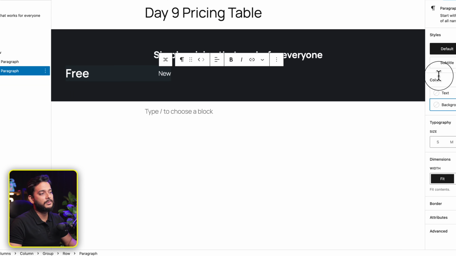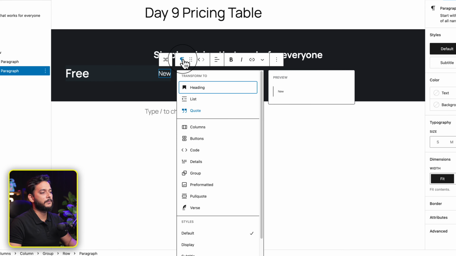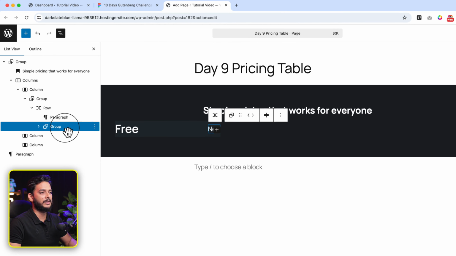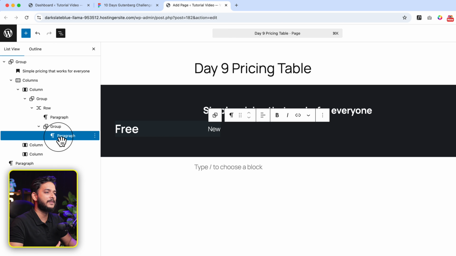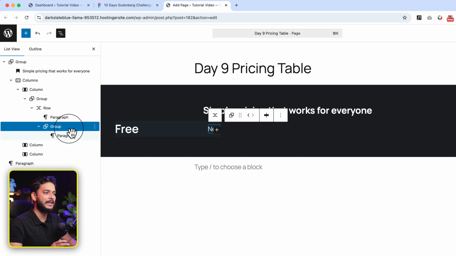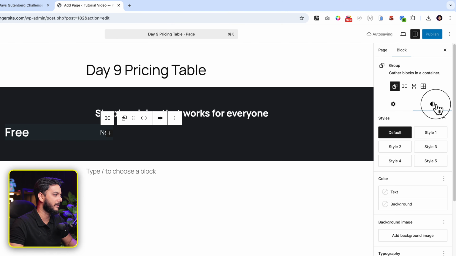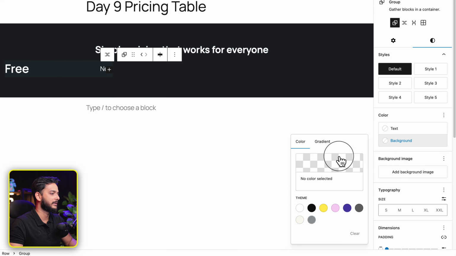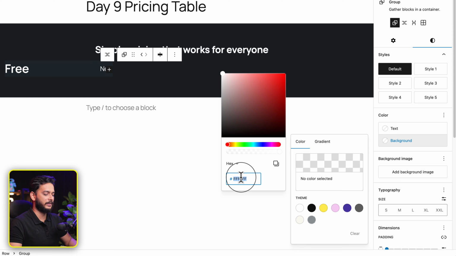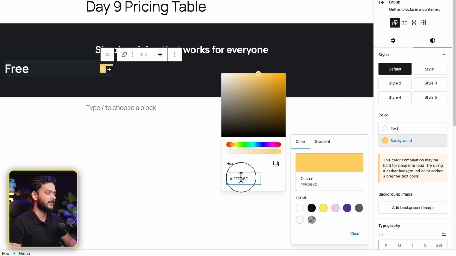So what we can do, we can simply convert this paragraph or add a wrap which is using group here. As you can see on the left side, this is wrapping with the group, and then inside the group there is the paragraph. Now here what I'm going to do, I'm going to select the group and go to the styles tab and select the background color, then add our own color that I have copied already. So this is the yellow color, and now add some padding,